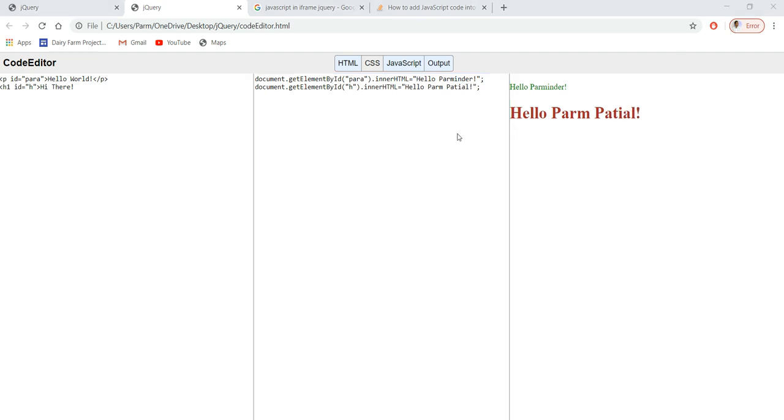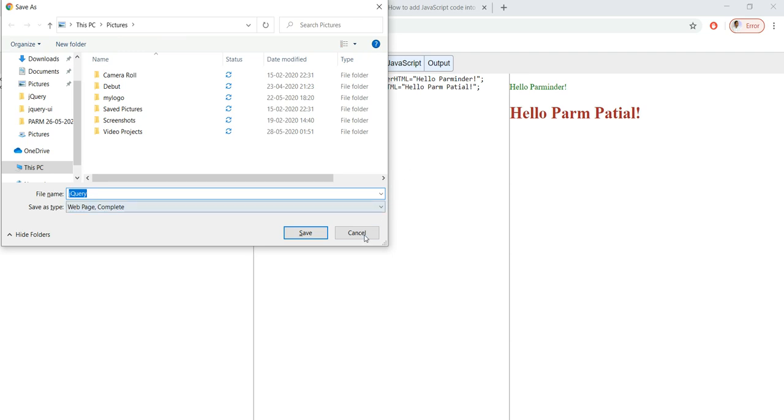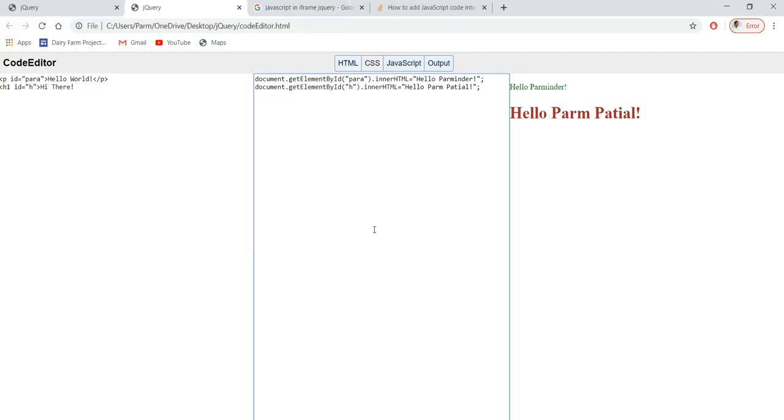So this is how we have done this project using jQuery, and that made our code very small as compared to the code that we used in JavaScript. So that is the fun of using and learning jQuery. I hope you understand how to code with jQuery, and that's all for now, and see you in the next course of the web series.